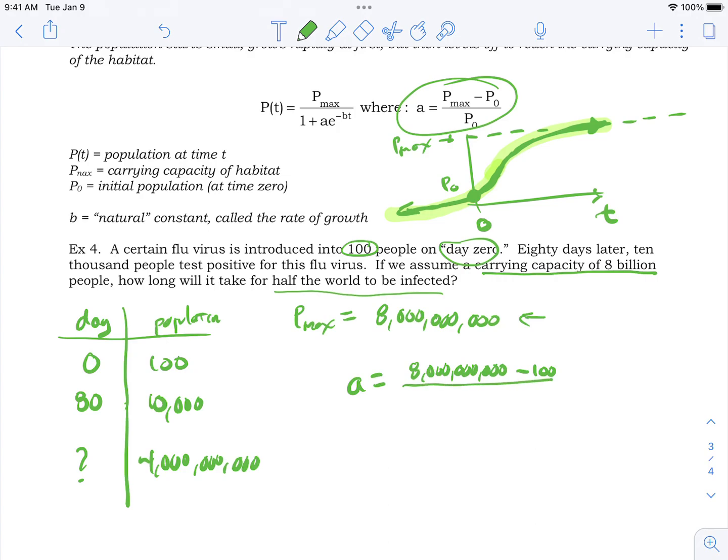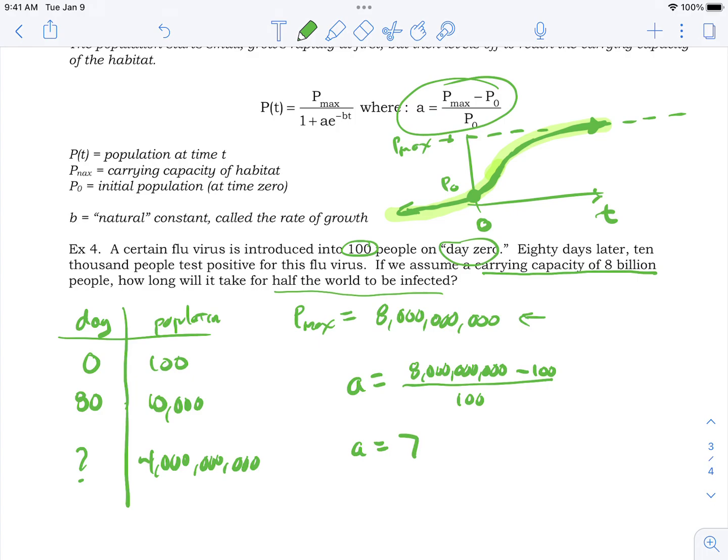And then you divide it by your P naught, which was 100. And so A is going to be something crazy. Let's see what we got here. 8, 1, 2, 3, 1, 2, 3, 1, 2, 3. That's 8 billion. Subtract 100. Ooh, okay, that means there's 7. Oh boy. And then divide that by 100. Ooh, here's our A. 7